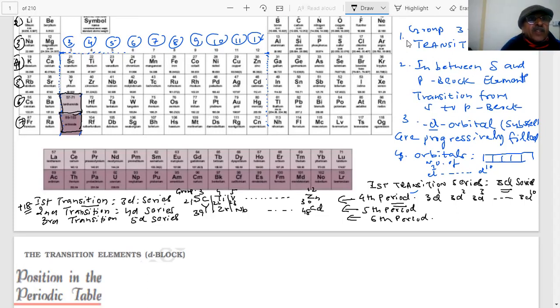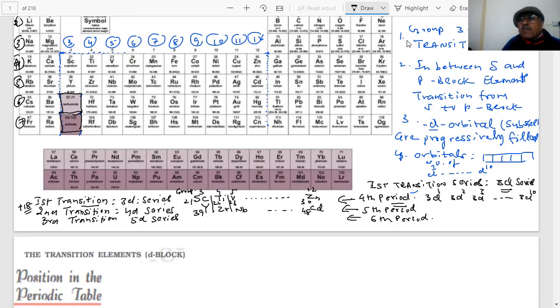And here you can see that the first element, if I add 18 to that, what atomic number will it be? 57. 57 to 71 elements are missing in group 3. Where are these elements? 57 to 71 are missing in which series? The 5d series. Can you see that?